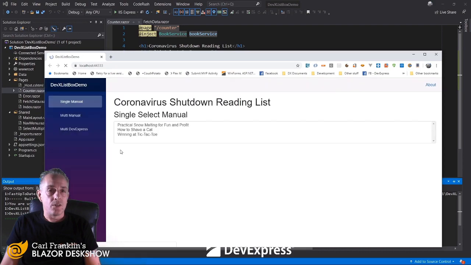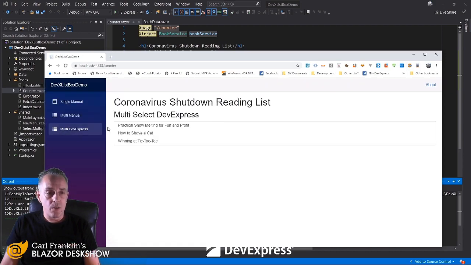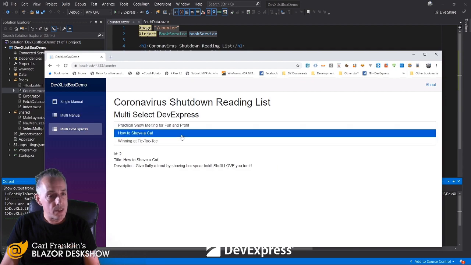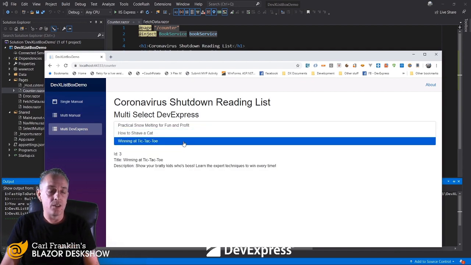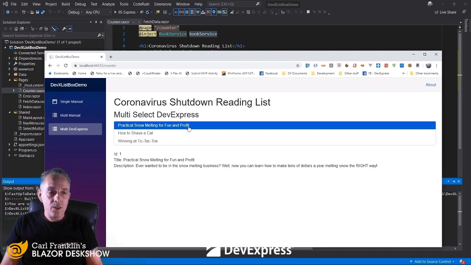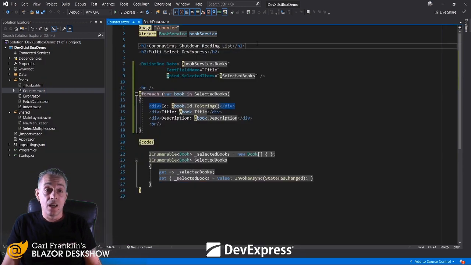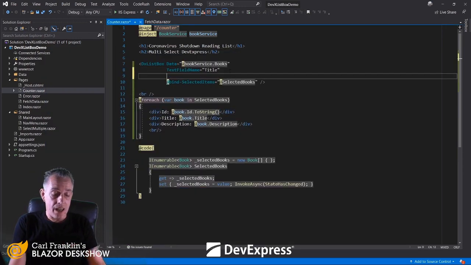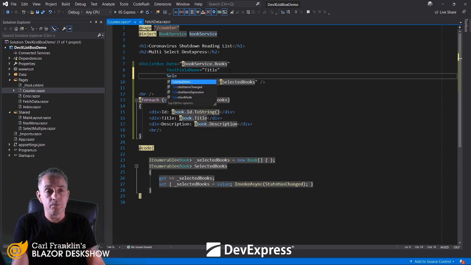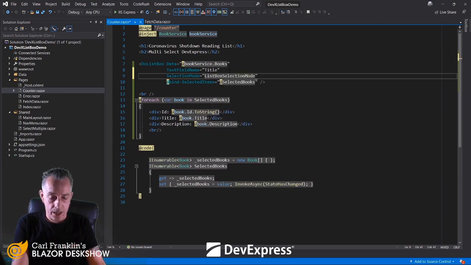If I go to the DevExpress demo, what we'll see is that we have the same UI as we had on the previous pages. The only thing right now is that if I hold down the Shift key or the Control key, it still selects one. Well, and that's actually quite simple to solve, because right now the list box is in single selection mode. If I go back to the code and I'll add a property which I will change to the list box selection mode multiple,